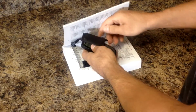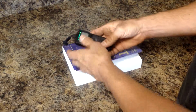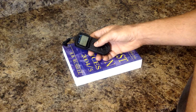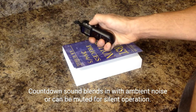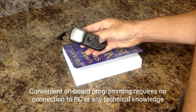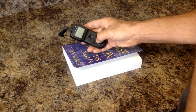The timer module is programmable. It's onboard programming. It's very simple. You can have sound or no sound. What I'm going to do, let me turn it off and turn it on. Starting out, I'm just going to program the delay before the first action, and let's just do an 8-second delay,